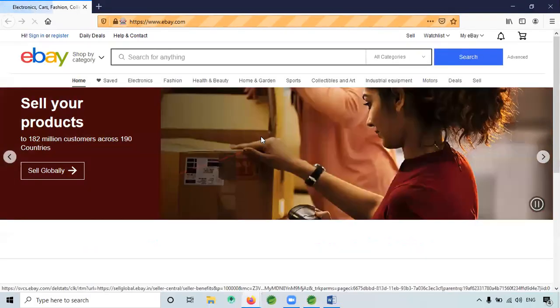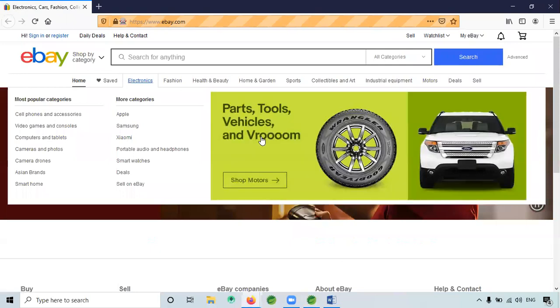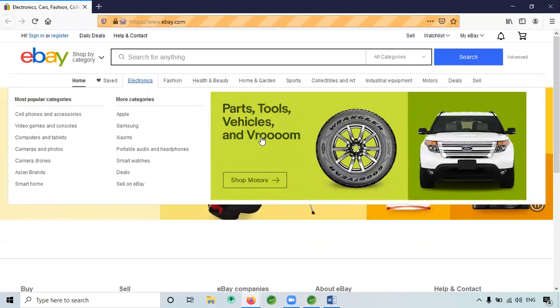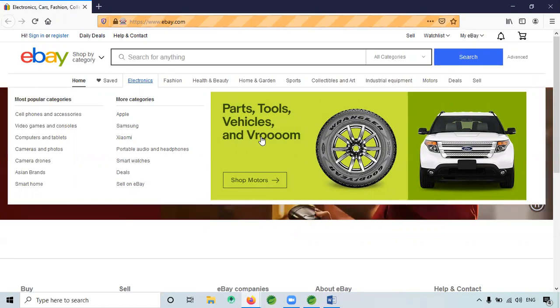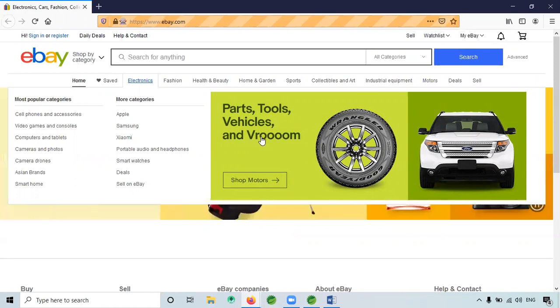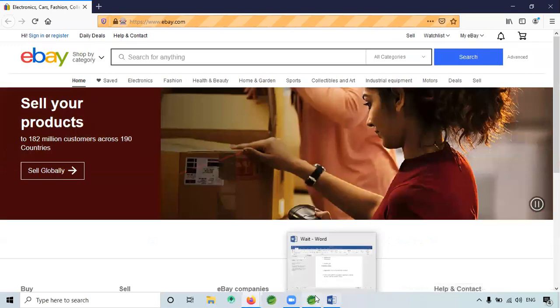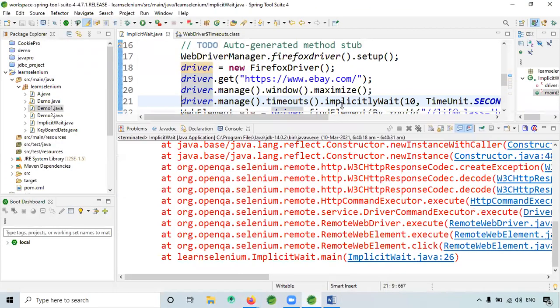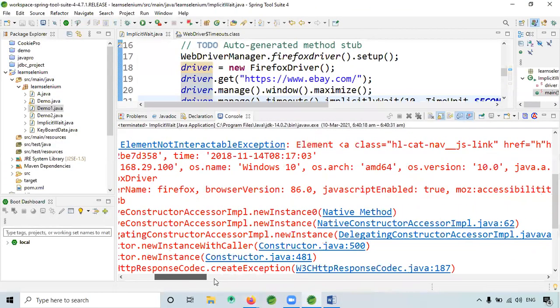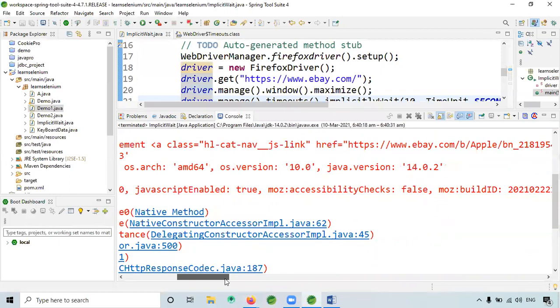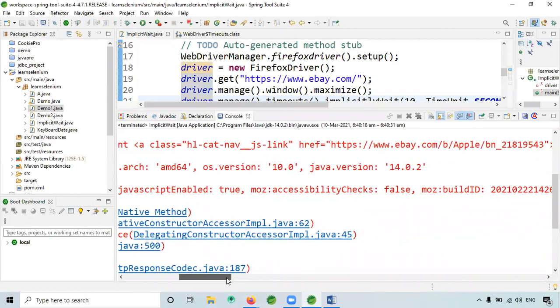Okay, gone to that site. Electronics is clicked. Okay, waiting for 10 seconds. Okay, any error? Same error is coming.